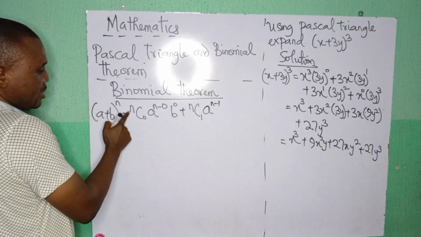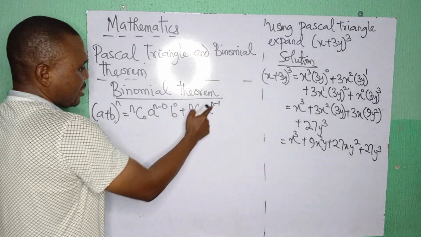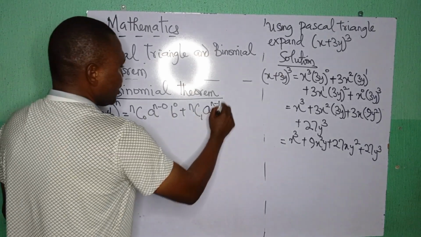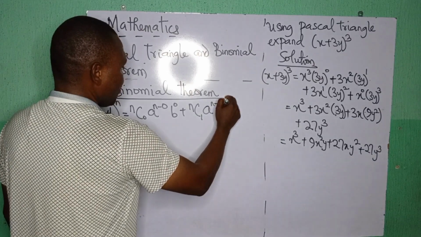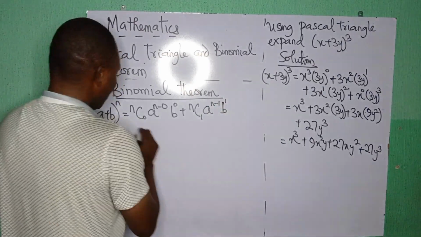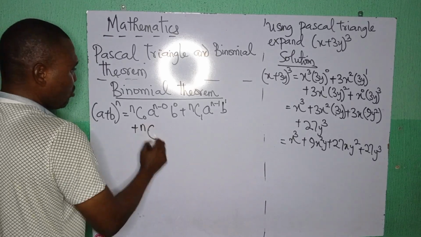So for a, we are subtracting, n minus 0, n minus 1. Then b is carrying the power here, that is b raised to the power of 1,